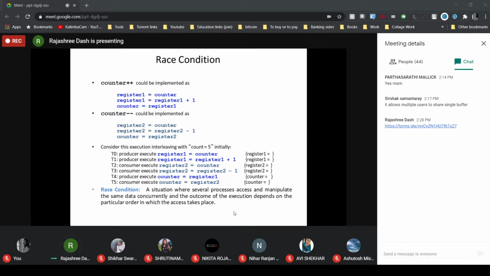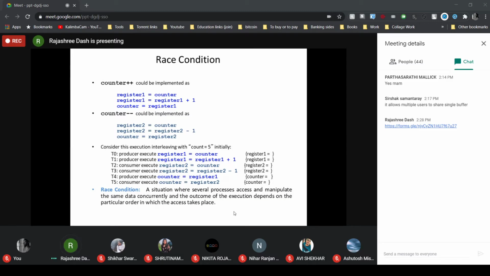So counter plus plus is actually implemented at the machine level by 3 statements: register 1 equal to counter, register 1 equal to register 1 plus 1, and finally counter equal to register 1. Similarly, counter minus minus can also be implemented by 3 steps: register 2 equal to counter, register 2 equal to register 2 minus 1, counter equal to register 2.